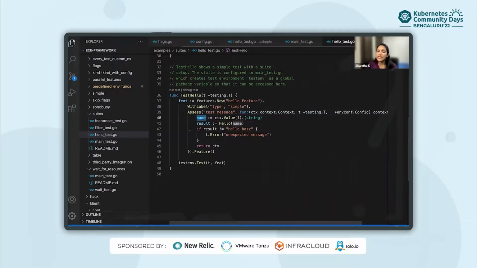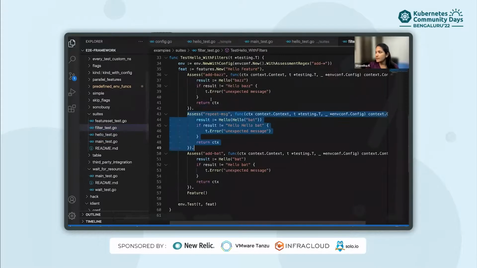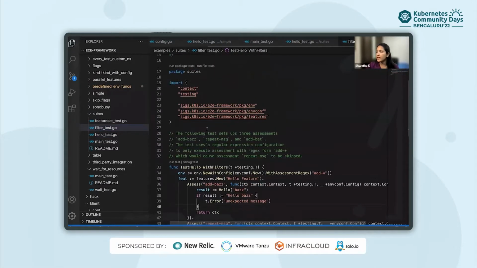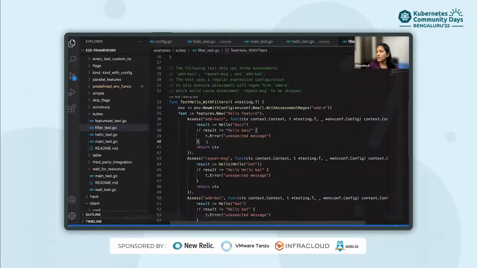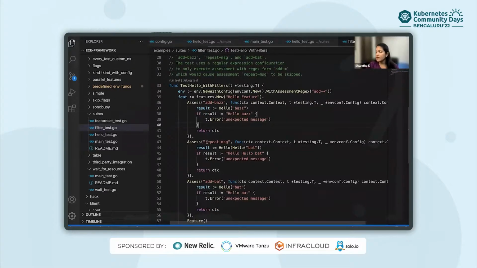Context propagation helps you to pass on the information or any details of a previous test to the other stages. Let's see filter_test.go. As I said, we have lots of filters available for skipping features or selecting features for running.